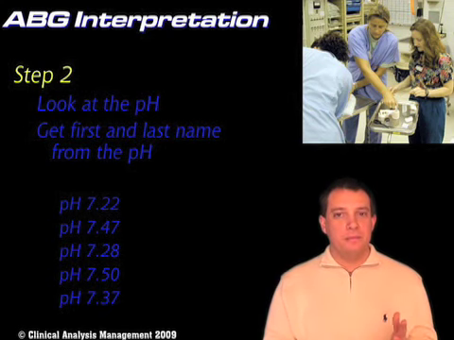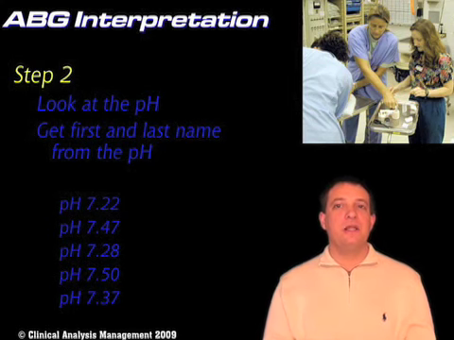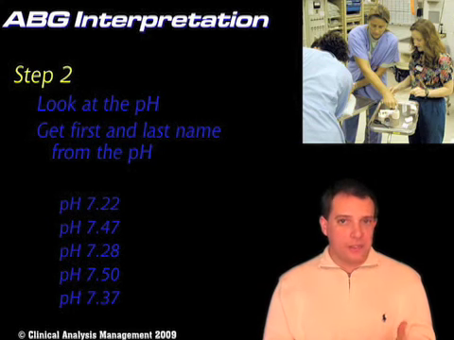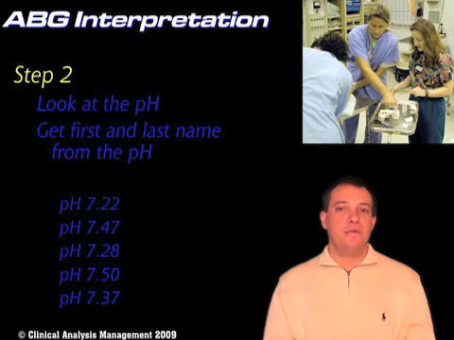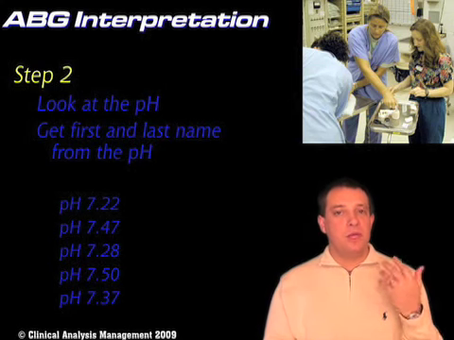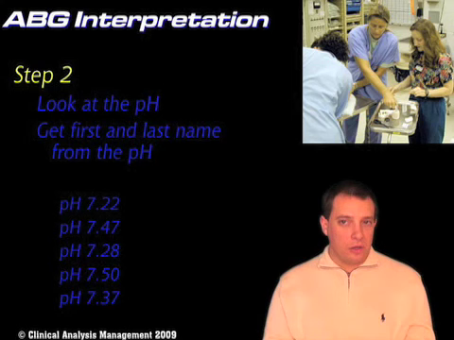Last name would be acidosis because it's less than 7.4. Now what about a pH of 7.5? First name would be uncompensated because it's not between 7.35 and 7.45. Last name would be alkalosis because it's greater than 7.4. So this again would be an uncompensated